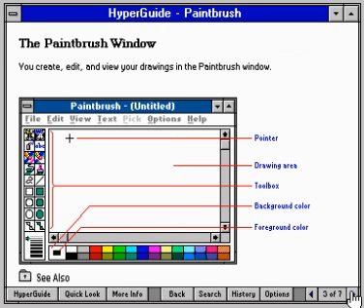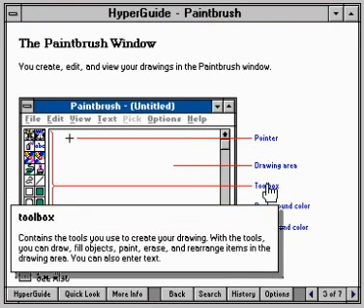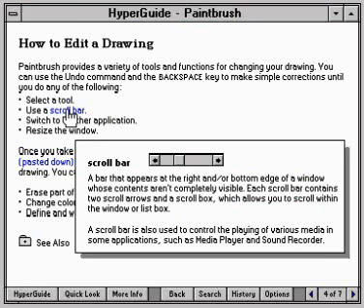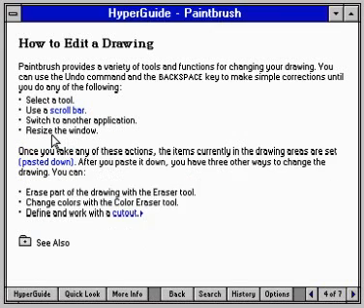Within topics, you will sometimes see blue text next to illustrations. By clicking the blue text, you can pop up additional information about the illustration. In this case, an explanation of the Paintbrush toolbox. In the same way, when you see a blue word in a topic, you can click it to pop up a definition of the word. But remember, when you click a blue phrase with a triangle next to it, HyperGuide will take you to a